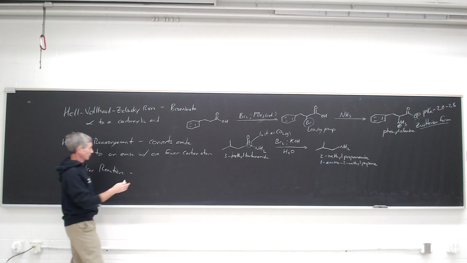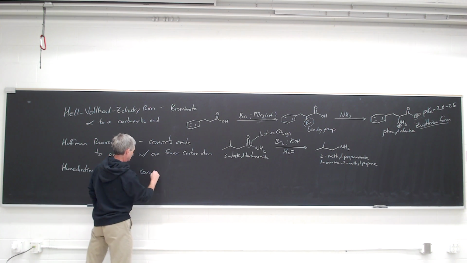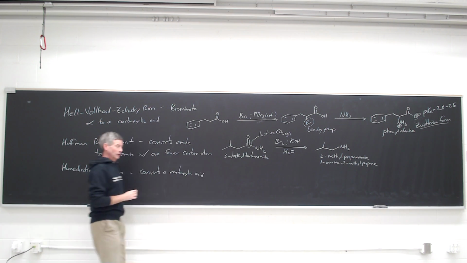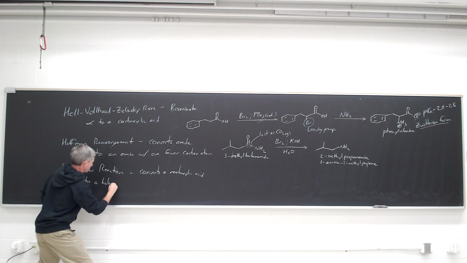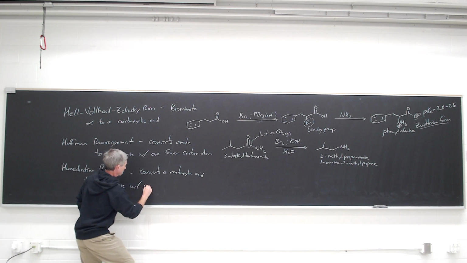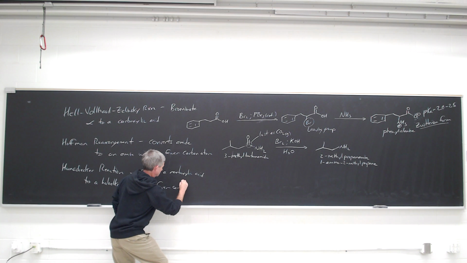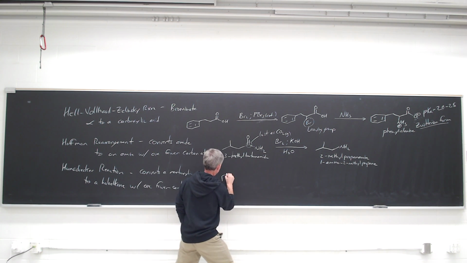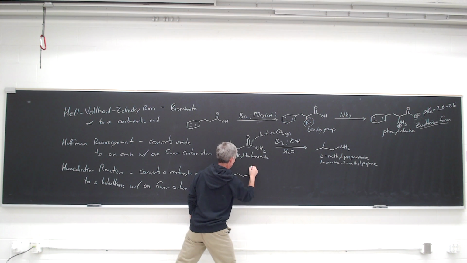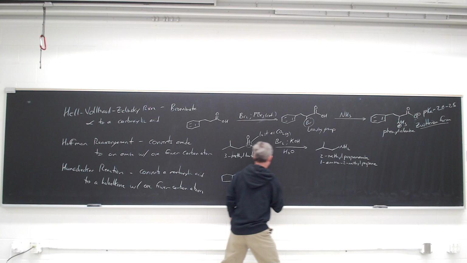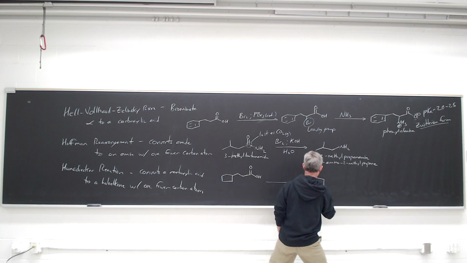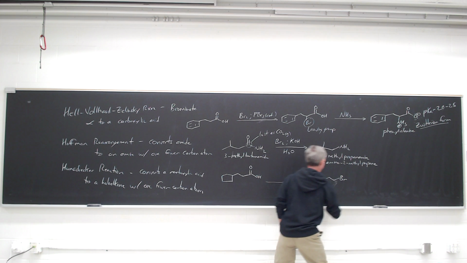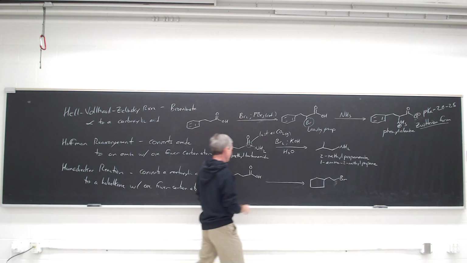The Hunsdiecker reaction takes a carboxylic acid to an alkyl halide, again with one fewer carbon. So the net transformation in the Hunsdiecker reaction is to take the carboxylic acid and generate the alkyl bromide. And reagents for this are